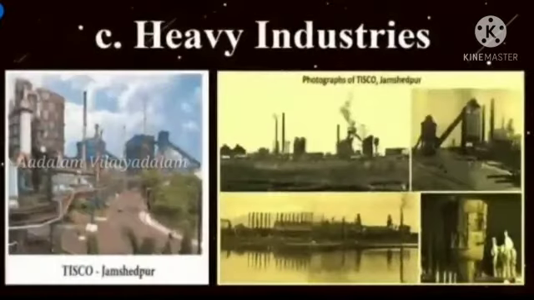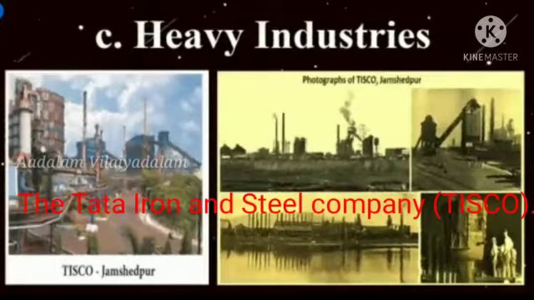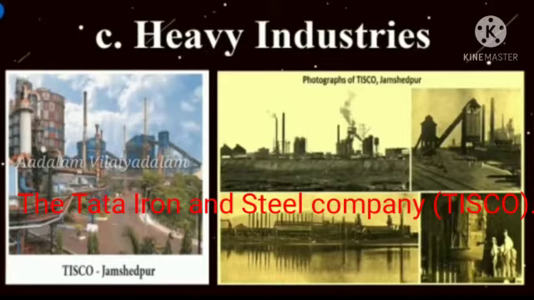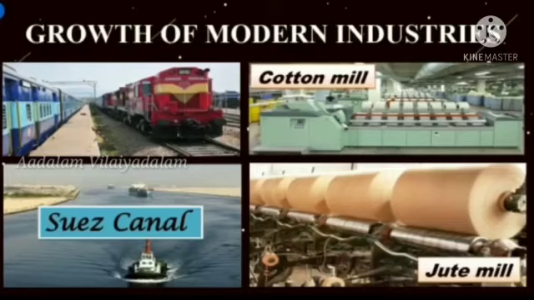The woolen and the leather factories became prominent in Kanpur. Heavy industries. The heavy industry included the iron and steel industry. Steel was first manufactured by modern methods at Kulti in 1874. Iron and steel industry began rooting in the Indian soil in the beginning of the 20th century. The Tata Iron and Steel Company (TISCO) was set up in 1907 at Jamshedpur. It started producing pig iron in 1911.